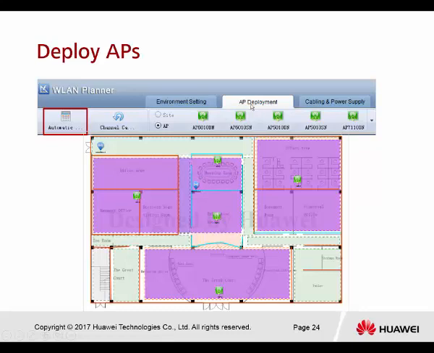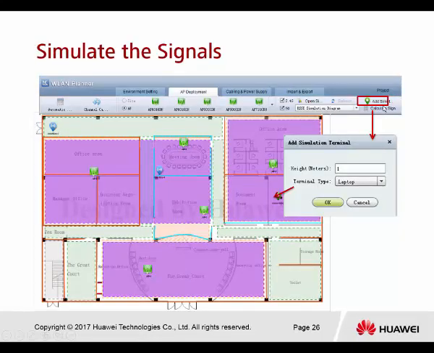So after everything is done, you can go to the AP deployment here and do the auto AP deploy. Like this, you go to the AP deployment and select automatic. So this result will come out. The purple area is the area that allows the system to put the AP in. So it will help you do some calculation and put some recommended areas to deploy the AP. And next, if you want to see the coverage, you can go to the AP deployment and look at the corner here. They have one,